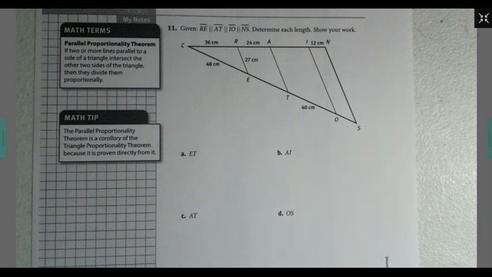it. Number 11 states, given RT is parallel to RE, which is parallel to AT, which is parallel to IO, which is parallel to NS, determine each length and show your work. 12 states,